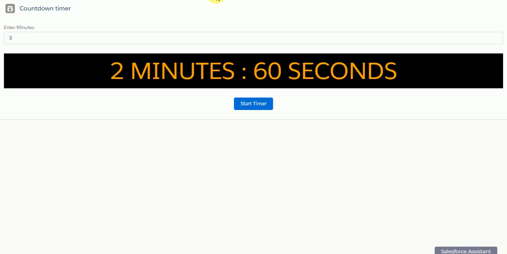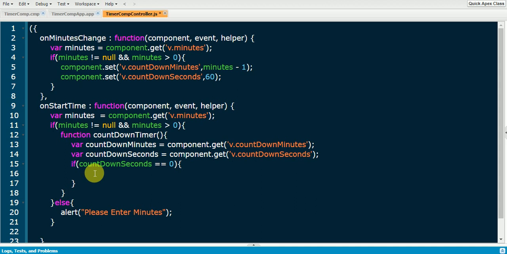So I'll set this value, component.set countdownMinutes, v.countdownMinutes. We're going to decrement this value by 1, countdownMinutes minus 1. Yes, that's it. Else if countdown seconds is not equal to 0, this loop will be executed.